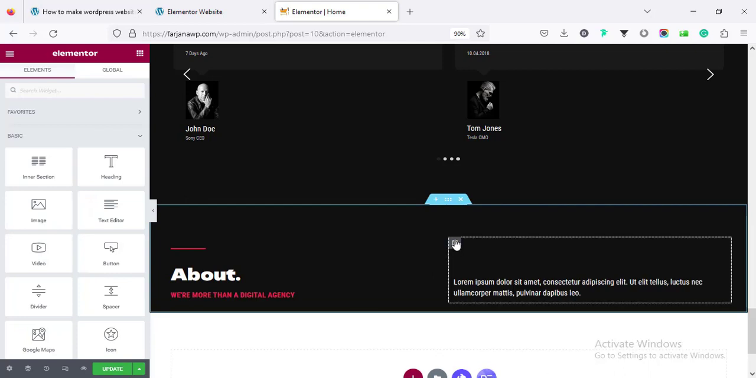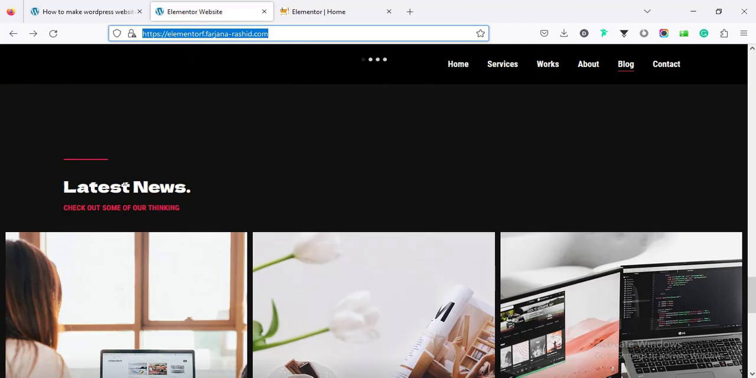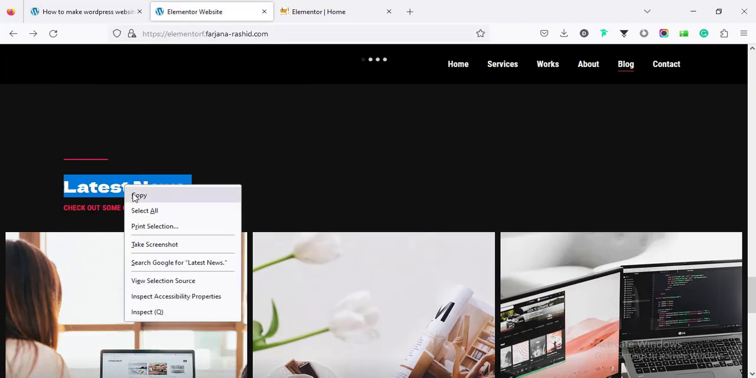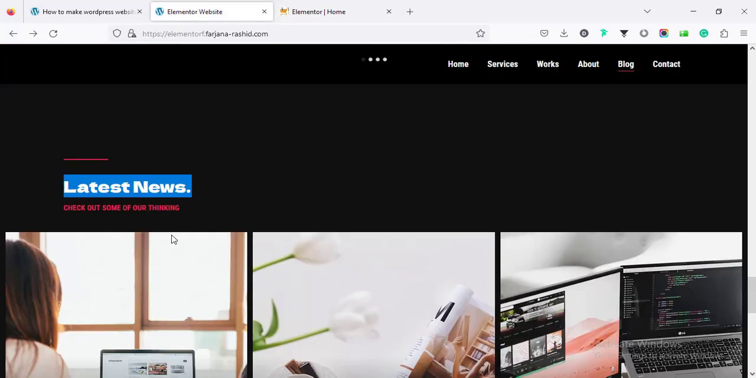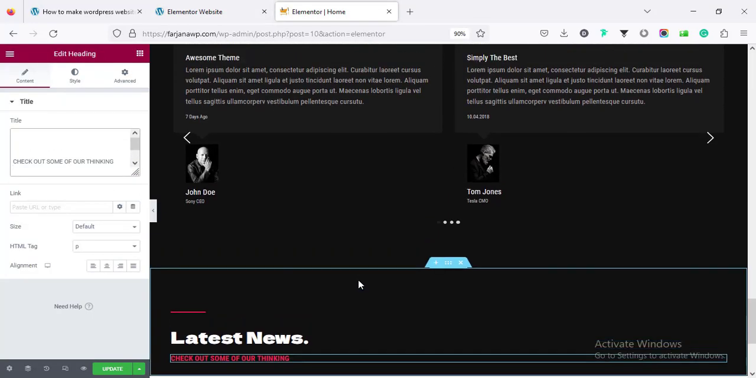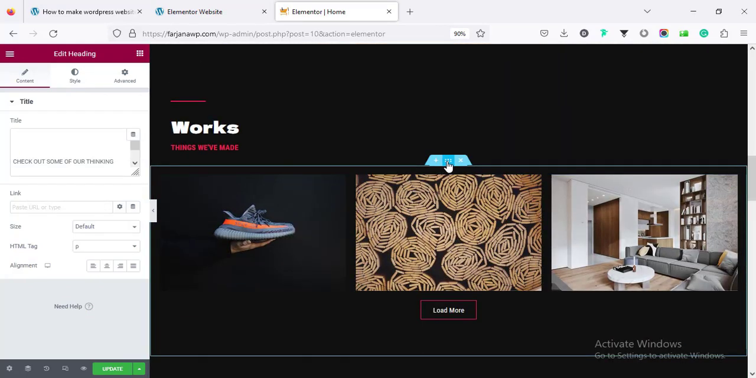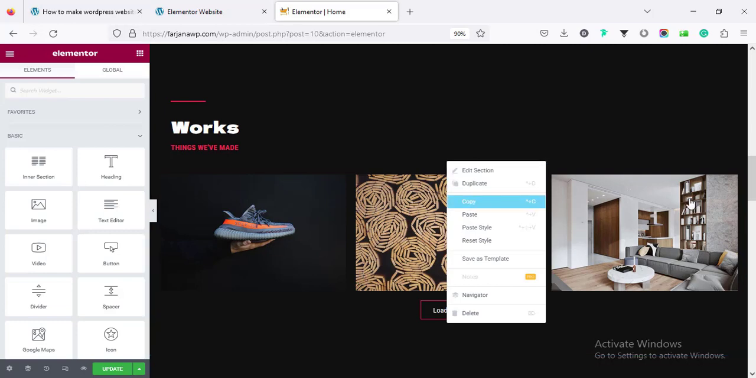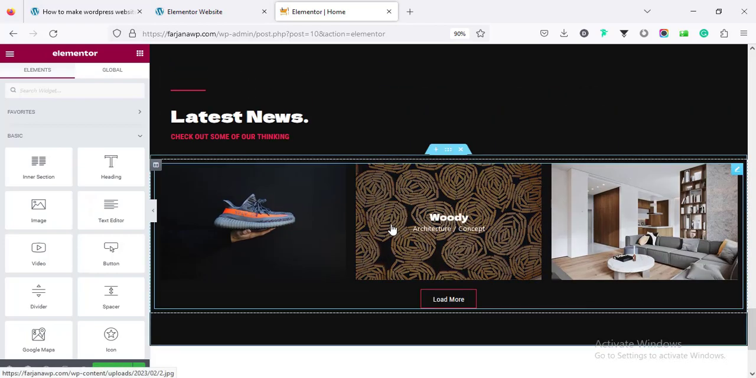We can remove this column and I'm changing text to latest news and also the below text. Then I'm going to create another section. This will be the full width, similar like this. We can copy and paste it, and I'm removing this gallery,